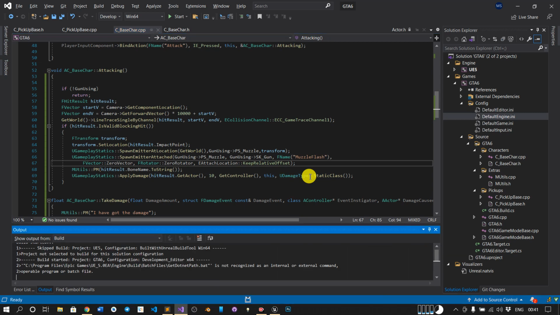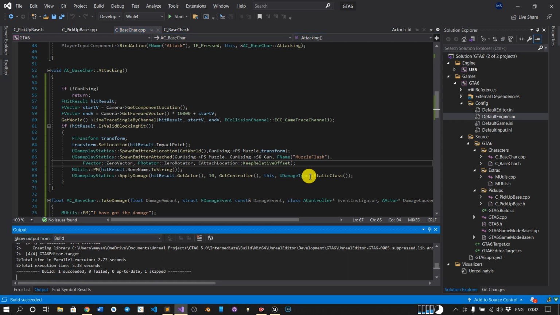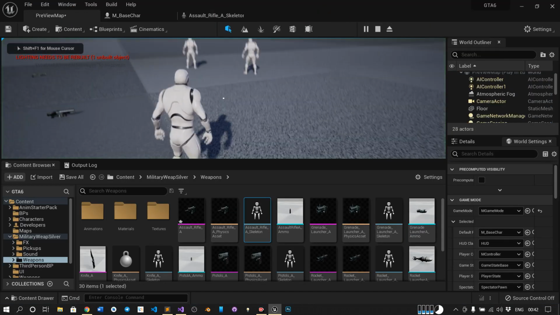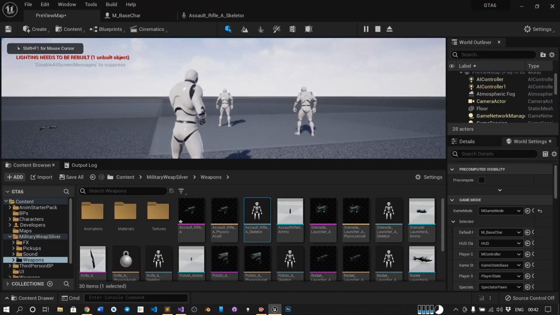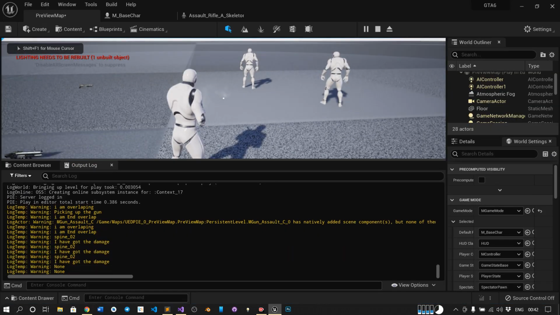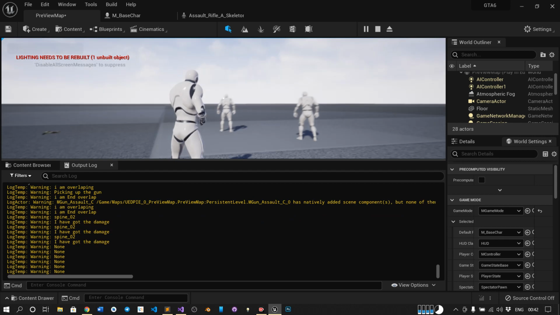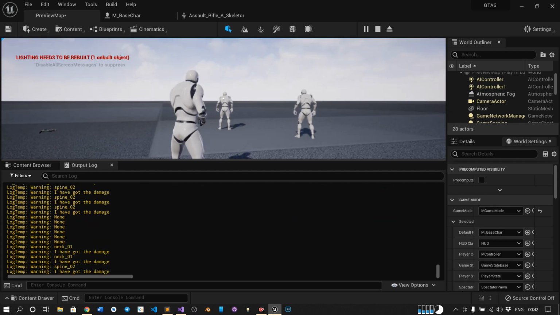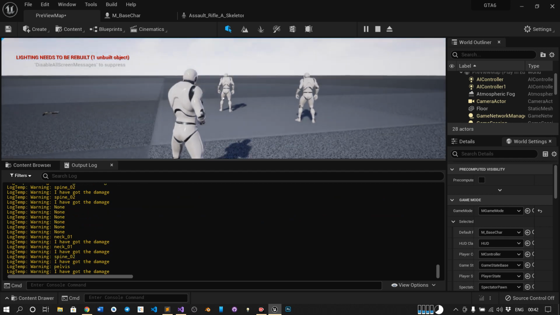Control Shift B. It succeeded. So let's check if it is working. I picked again. I'm hitting. Let's go to the output log. See, now it is writing None because I'm not hitting a guy. I've hit him. See, I have got the damage and it's writing the bone name.